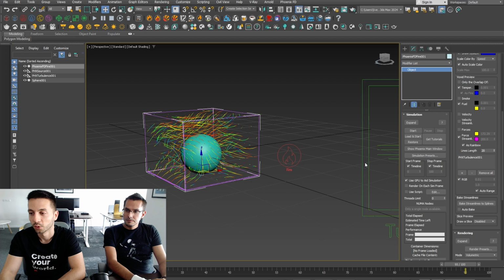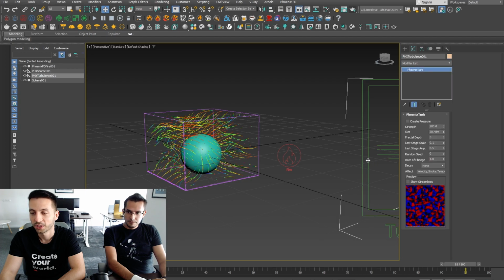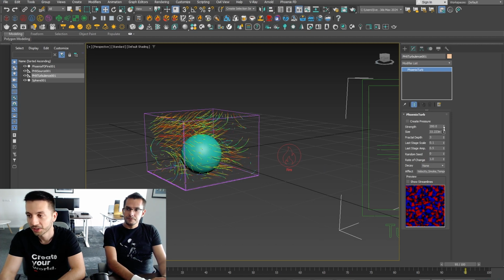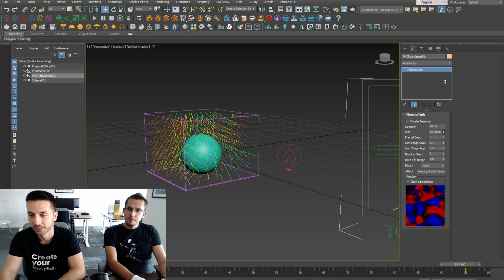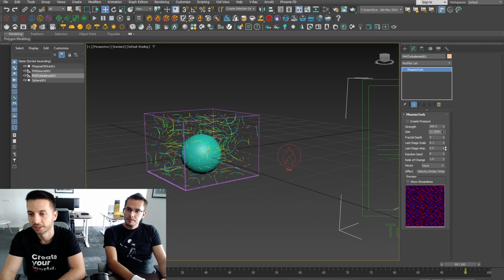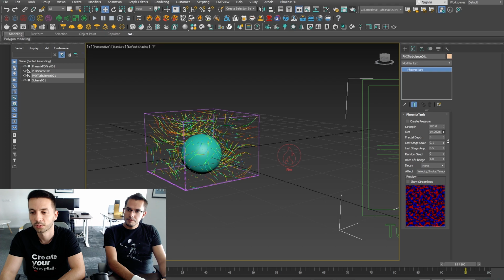And what's cool about that is now we can see how the force will affect our simulation even before we run it. So if I go in here and change the size of our turbulence,